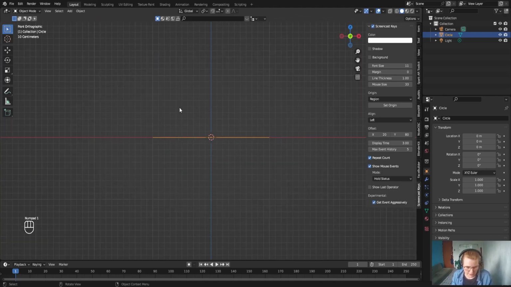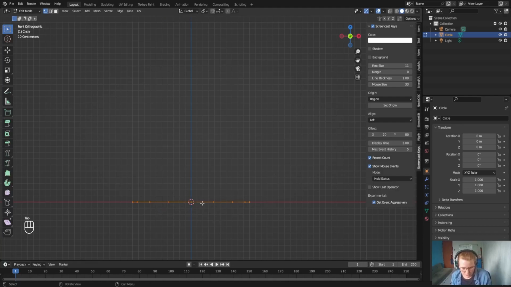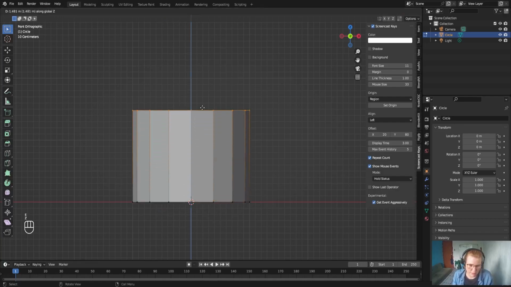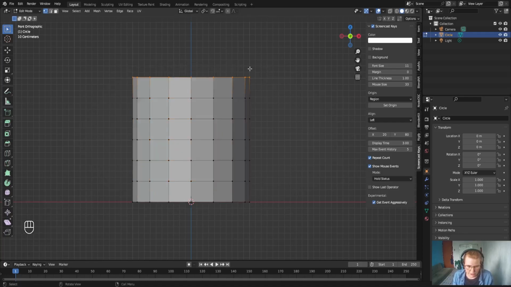Press 1 so that we can see the front view, and let's extrude up. Oh, first we're going to go into edit mode with tab, and then we're going to extrude up to around about there, I guess. Okay, then Control R for a loop cut. Add in 5 edge loops. Okay, and then we are going to scale the top all the way down, but first